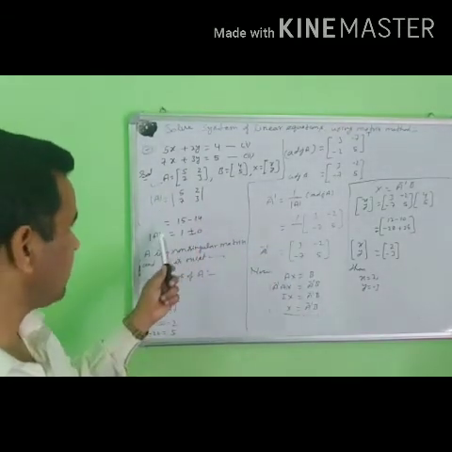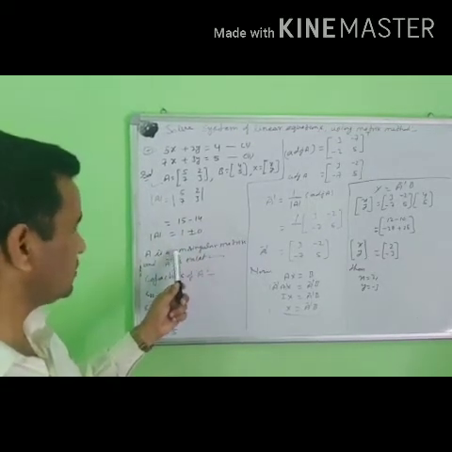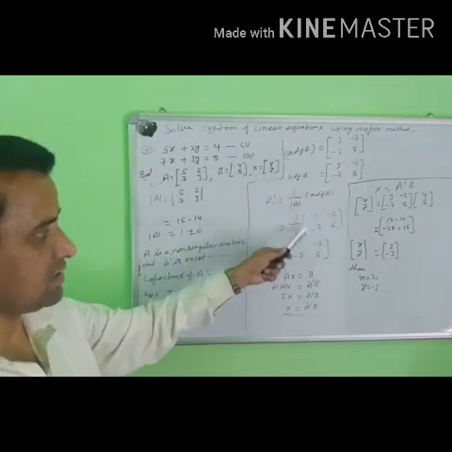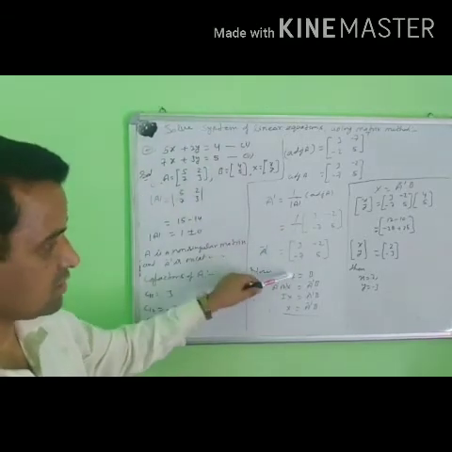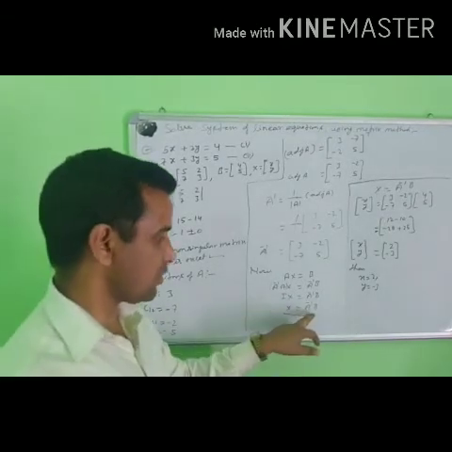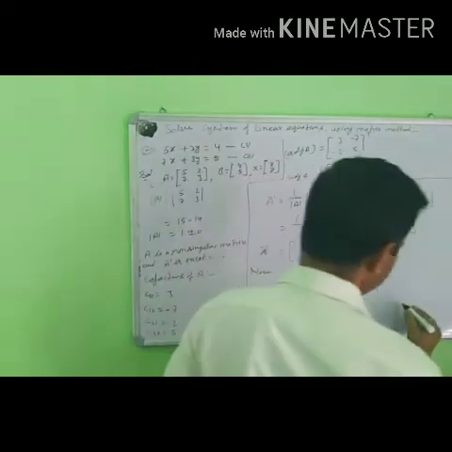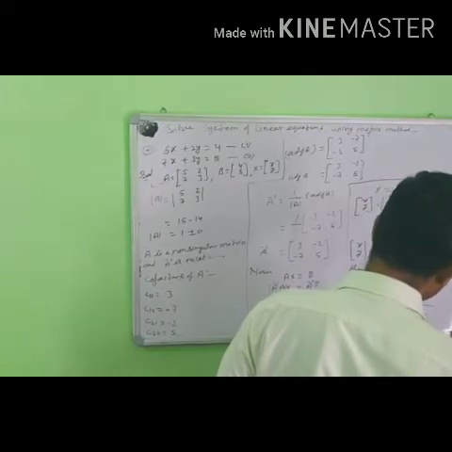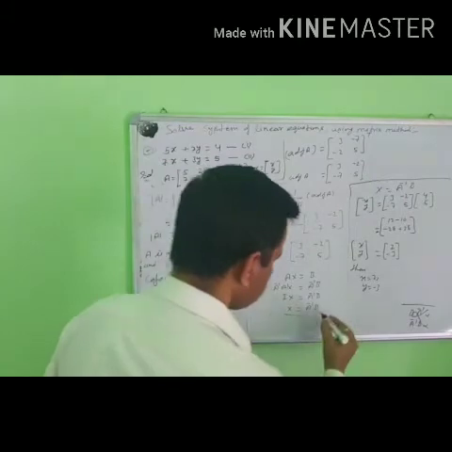First find this determinant, check whether it is singular or non-singular. If non-singular, then the further steps start: cofactors, adjoint, or A inverse. After finding A inverse, then start the system of linear equations. AX equal to B, then write X equal to A inverse B. You will write A inverse B, don't write B A inverse. Don't write it in this form. Always write it in this way.